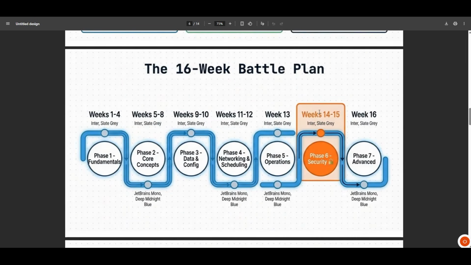So this is the 16-week plan. We are warriors, so we are going into the battle of Kubernetes. Weeks 1 to 4 will cover fundamentals, weeks 5 to 8 will cover core concepts, then weeks 9 to 10 will be data and config, phase 4 will be learning networking and scheduling, then operations, then the very important aspect of security, then we'll go into the advanced topics as well.